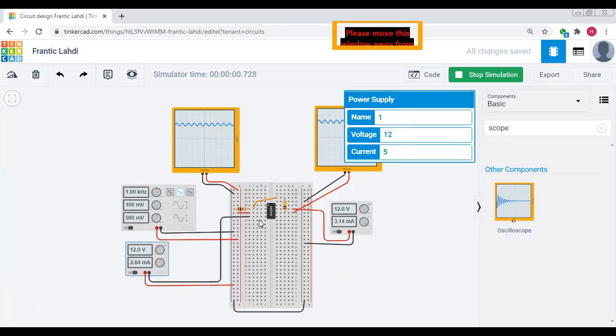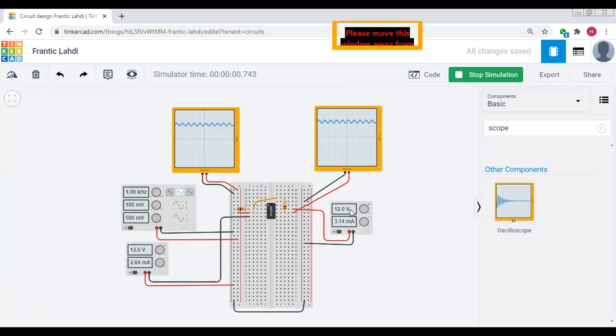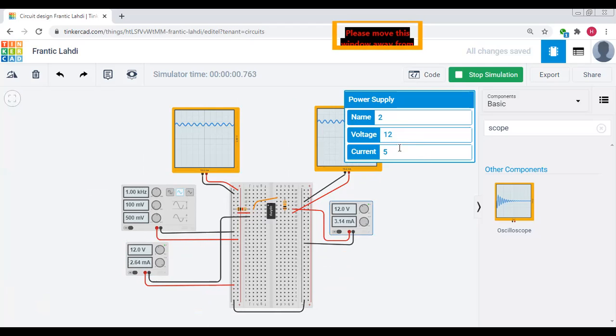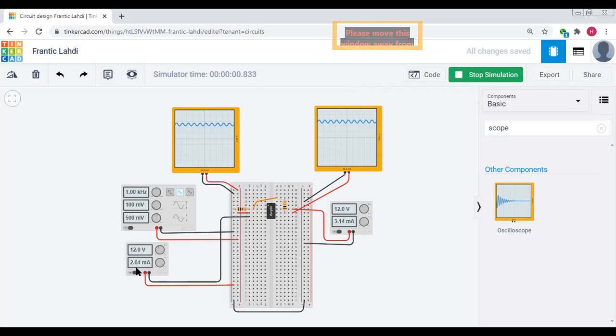One more thing, by clicking on this, we have to give minus 12 volt supply to the fourth number pin, and plus 12 volt supply to the 7 number pin of the operational amplifier. And you also see that the output current is greater than the input current, that is 3.14 milliampere and 2.64 milliampere, those are our currents. Okay, so this is all about the